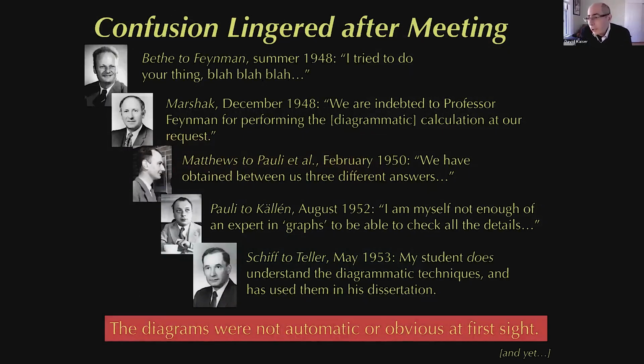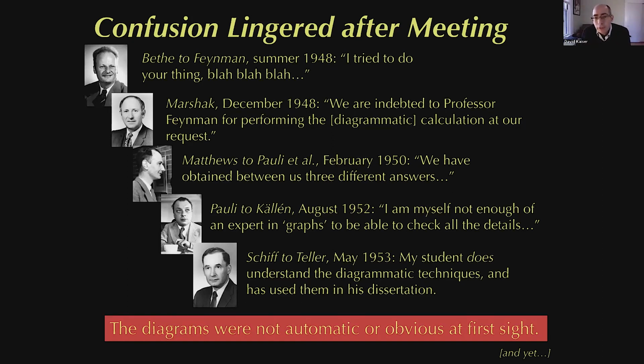Now, one might have thought that all he had to do was collect himself and write up some clear articles, saying point by point, first do this, then do that. Here's where this comes from. Give a derivation, give a demonstration. He could have cleared this up, one might have thought, by writing clear articles. Well, he did write some clear articles, and yet what I found really fascinating was that confusion about the diagrams lingered for years afterwards, not just days, weeks, or months, even years after his articles had been in print. I won't go through all of these examples, just some that I write about in more detail in the book.